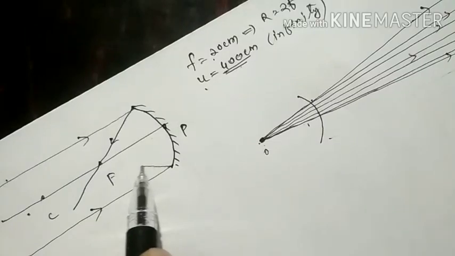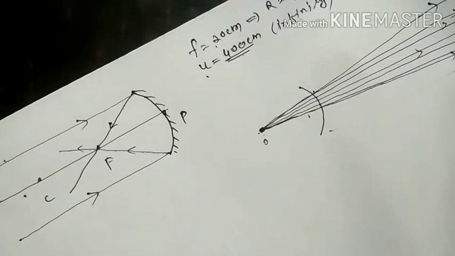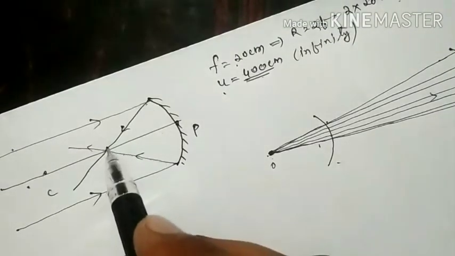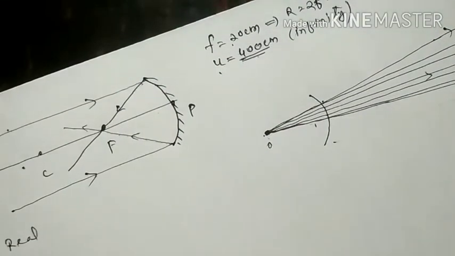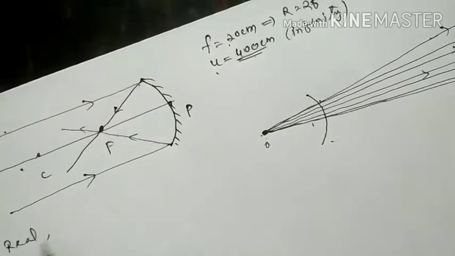When you consider this, the reflected light rays pass through the principal focus, and at the intersection of the two reflected light rays, we get a real image. The light rays are really intersecting, so the image is real. The object is very large here, but the image does not have any size, so it is highly diminished.